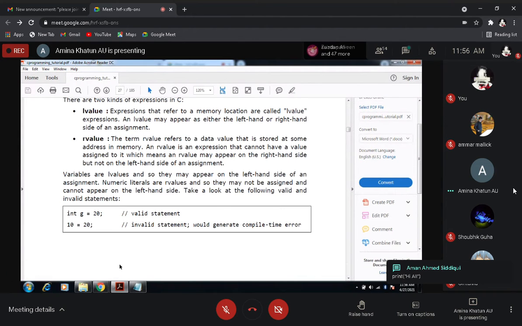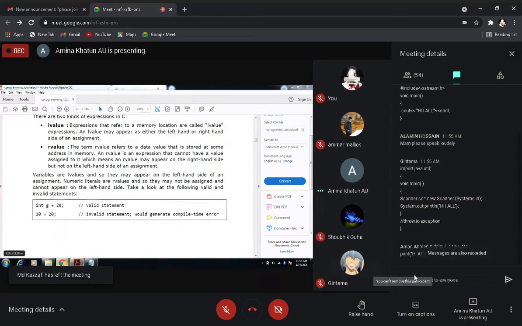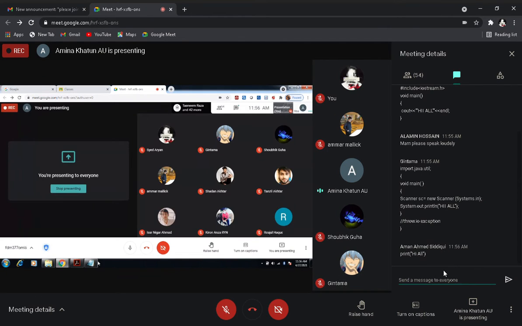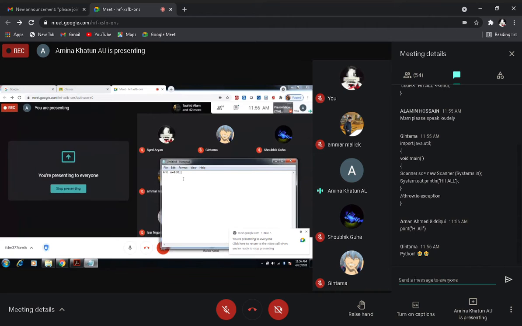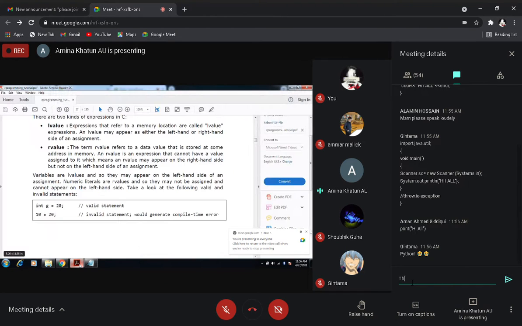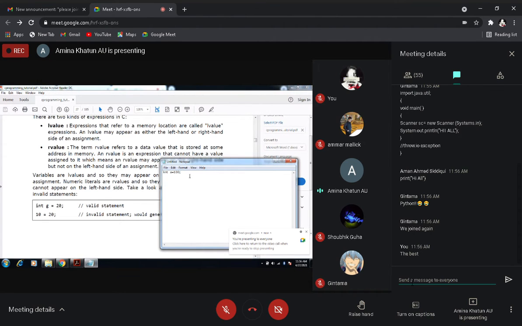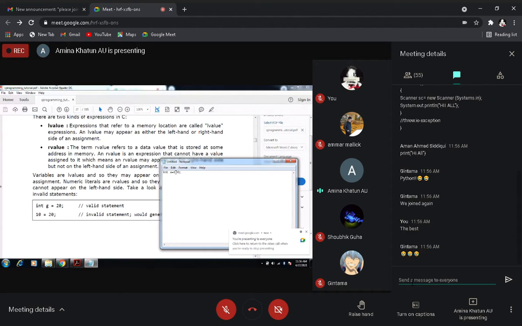An R value can only appear on the right hand side of the assignment, but it cannot be on the left hand side. That means this 100 is an R value, and you can see that 100 is on the right hand side.